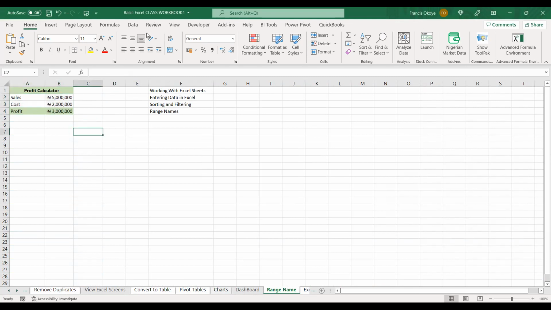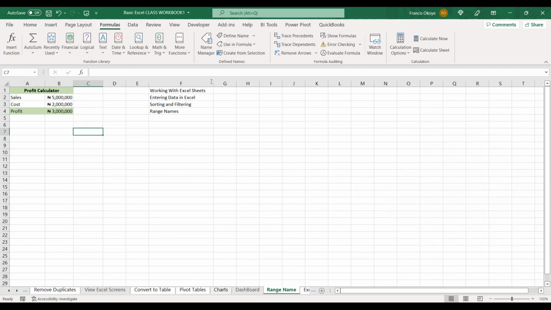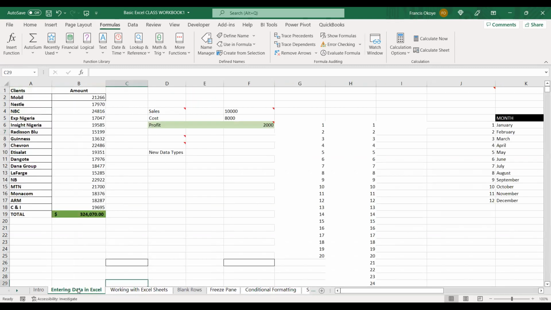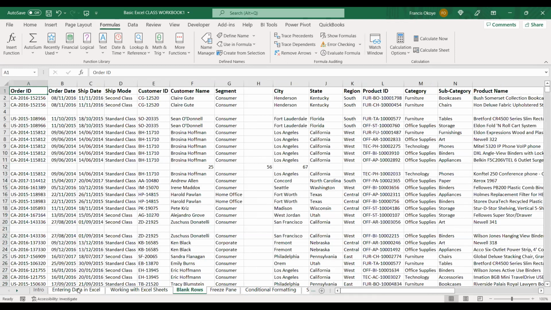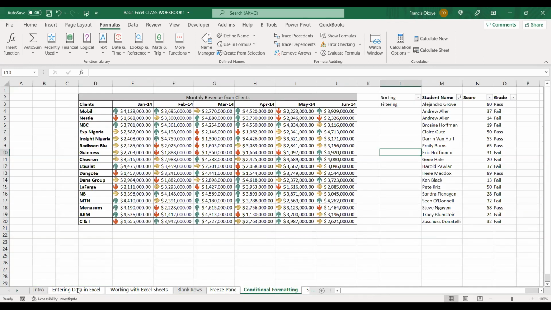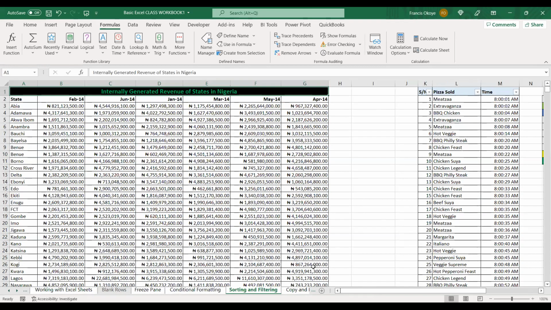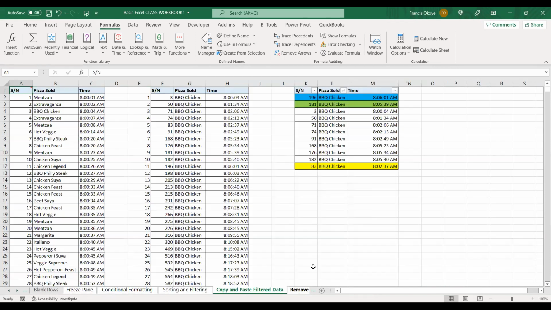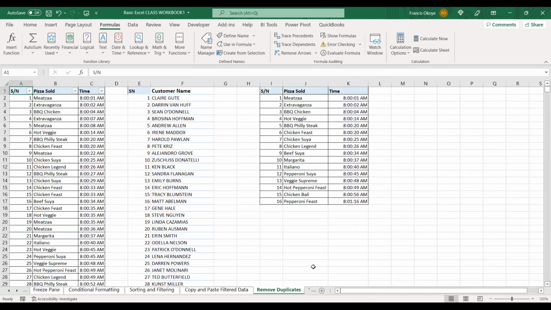So this is what we normally do in class now, isn't it? Working with Excel sheets, removing rows, freeze column, conditional formatting. I'm sure we are clear with all this now. Sorting and filtering, copying and pasting filter data, removing duplicates.